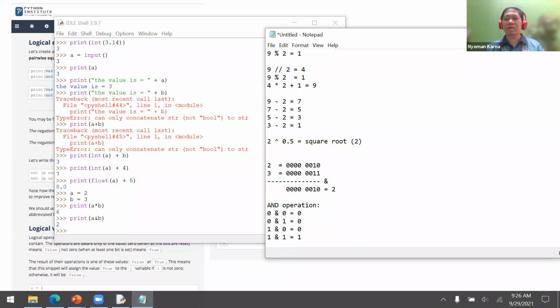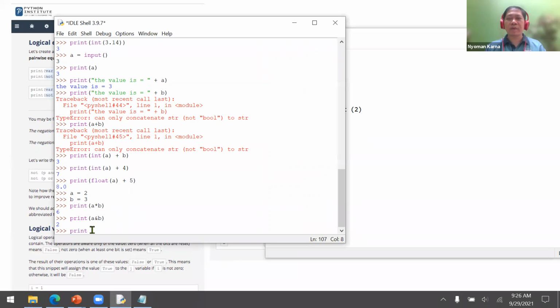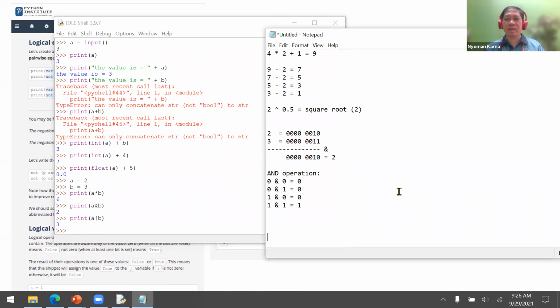Okay. Now, how about the OR operator? Print A or B, it will return 3. Why?